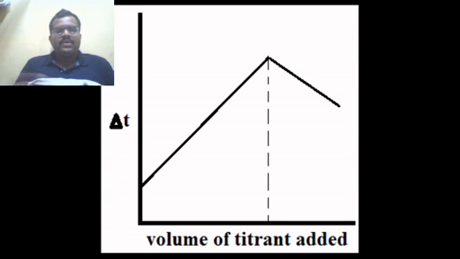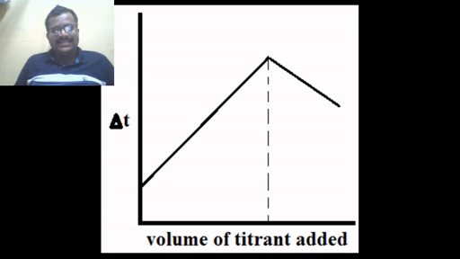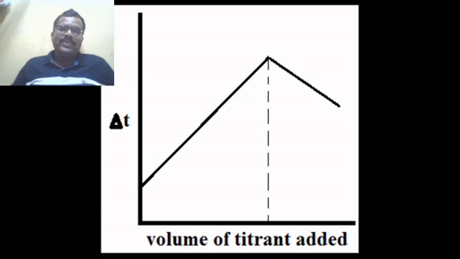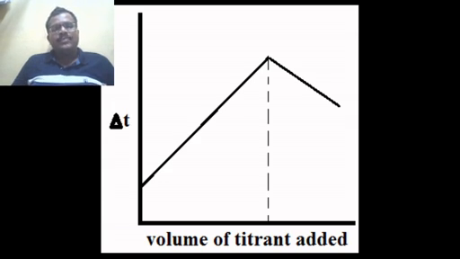First example, the acid base titration, weak acid versus strong base. Here we use boric acid as a weak acid and NaOH as our strong base. During titration, when we add NaOH to boric acid, the temperature of the system increases rapidly. So we get this first line in increasing order, and after the titration is complete, all the boric acid has reacted with NaOH.